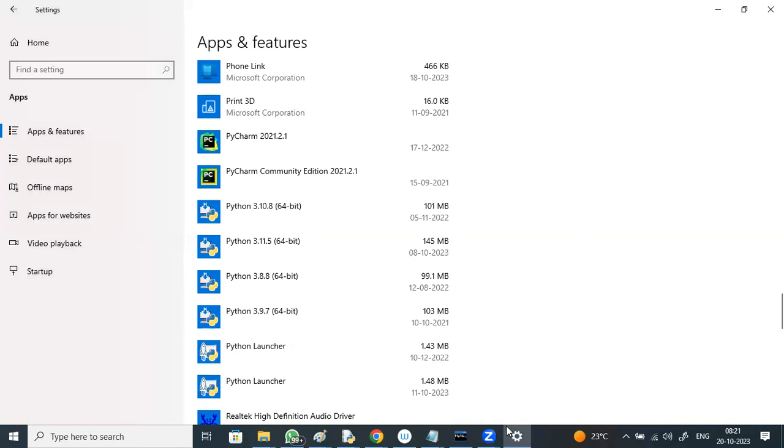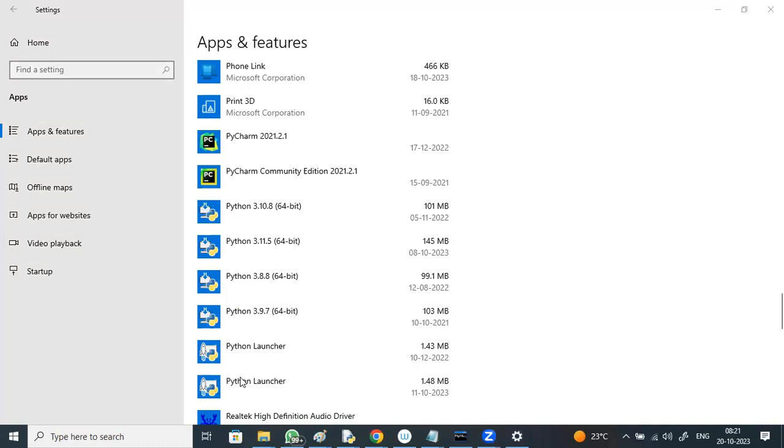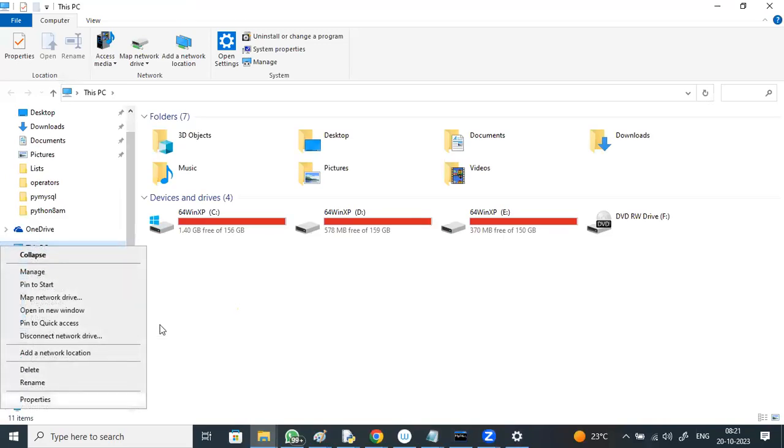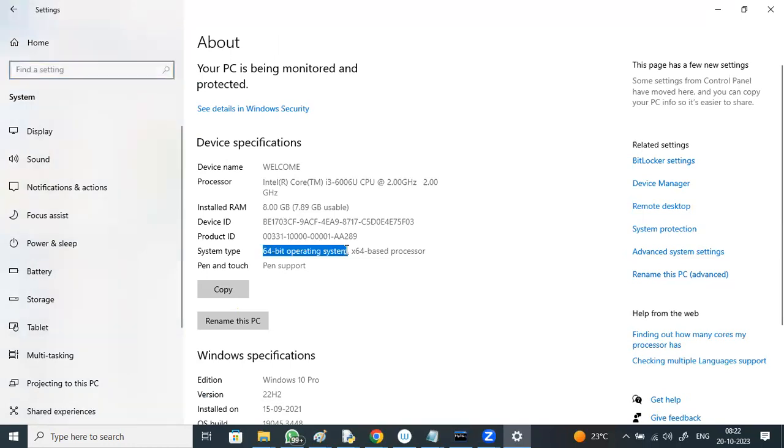Go to File Explorer, right-click on Computer, and select Properties. It will show whether it is a 64-bit operating system. If it is a 32-bit operating system, we need to download the 32-bit Python software. If it is 64-bit, then download the 64-bit.